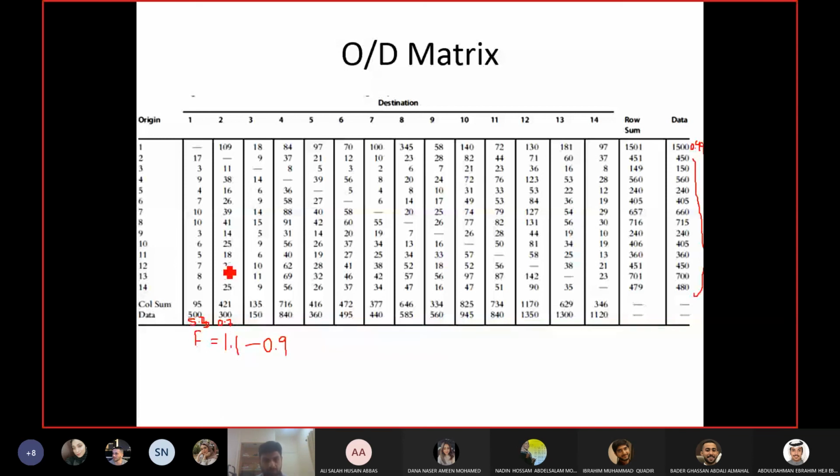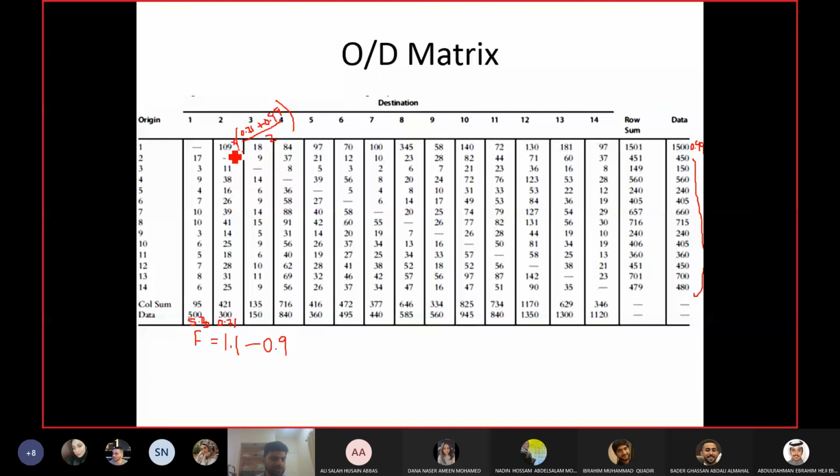Now let's say I want to recalculate this number, which is this 109, second column, first row. So you will multiply 109 with the average of 0.71, which is the factor for the first column, and 0.99, or you can make it 1. No problem, this is very close. So you can do the rounding off here. So this will give you the new number for this cell. And this is exactly how we did it in the traffic engineering course. You can go back and have a look.